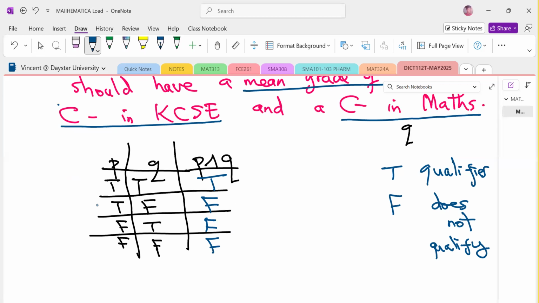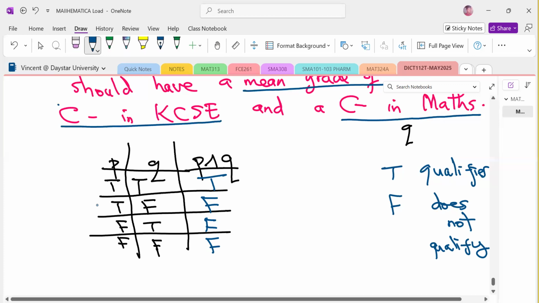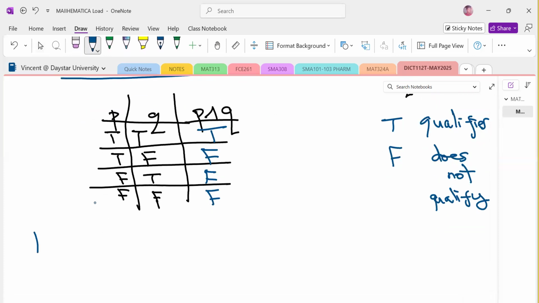Like if I ask you, when are you sure to get a true value for conjunction? What guarantees you to get a T value? Yeah, when both statements are true. That's only when you are guaranteed to get a true, okay? Otherwise, when all of them are not true, then you'll get an F. So that's the take home from this table,